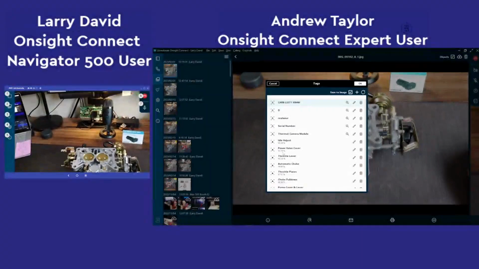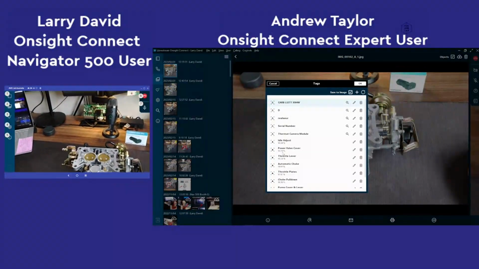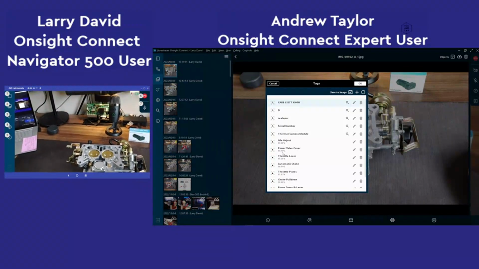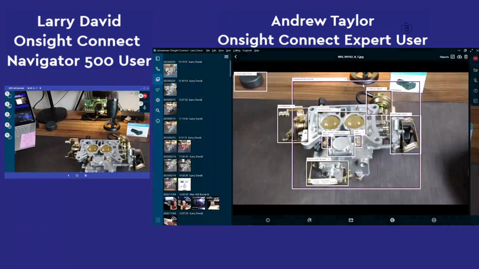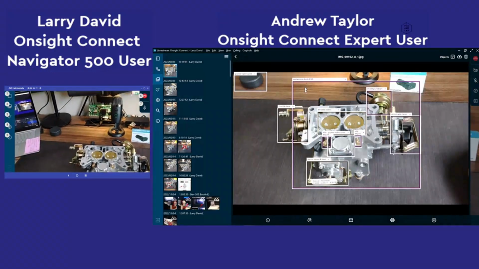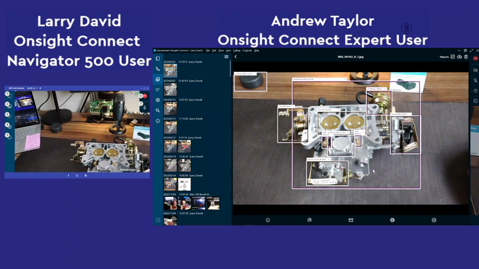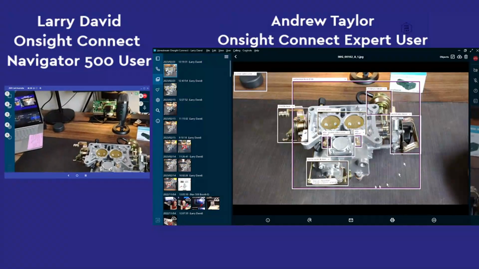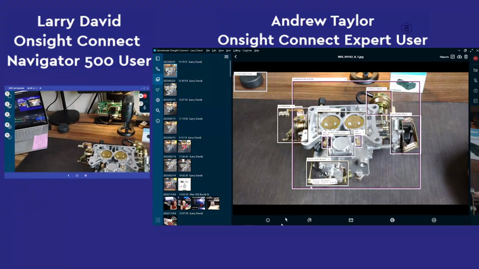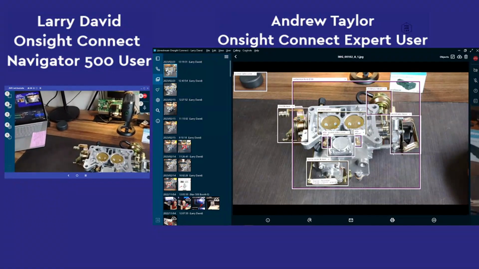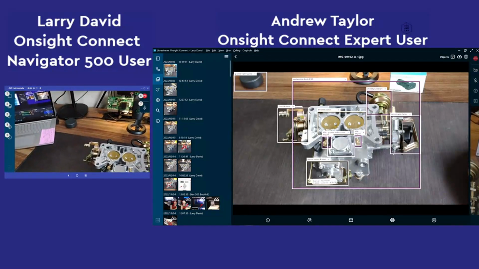Now, this model of the carburetor doesn't get in there by accident. It is programmatically put in there with lots and lots of different photos. That definitely is a precursor. I click on the OK button up here, and you can see it's smart enough that it actually highlights the items on the screen and says to me that's the automatic choke, pump cover, and those sorts of things. So I've identified the power valve cover, but better yet,